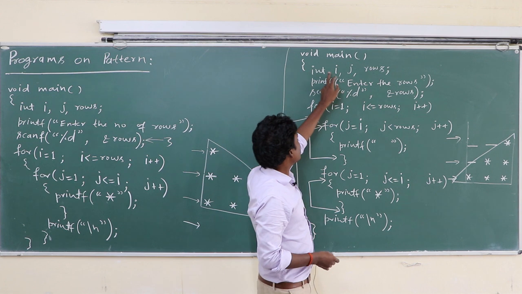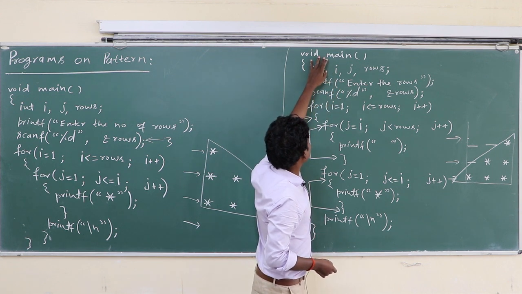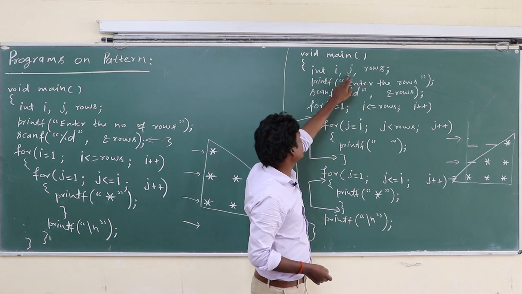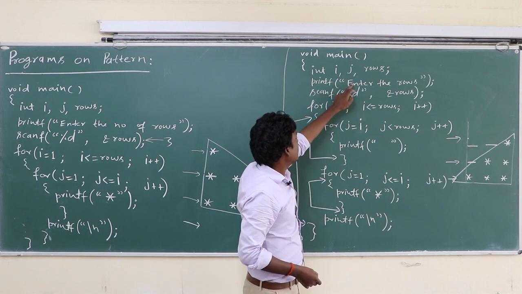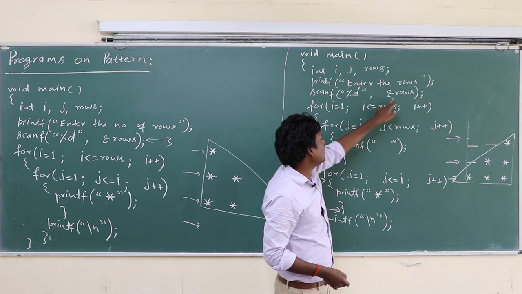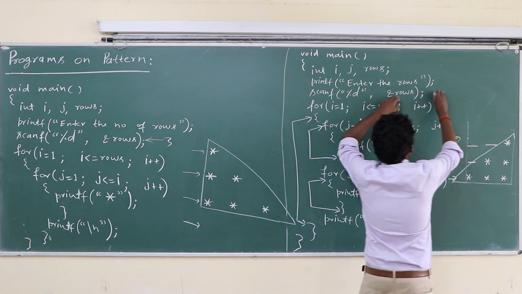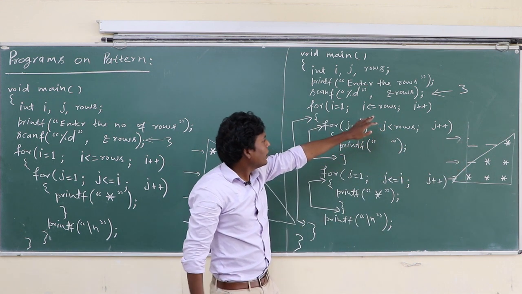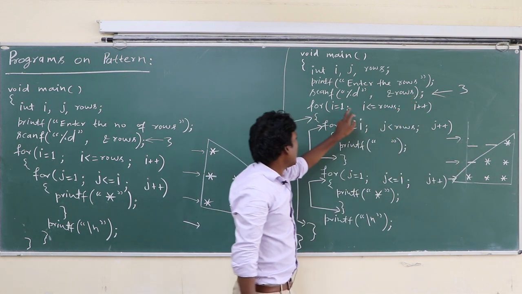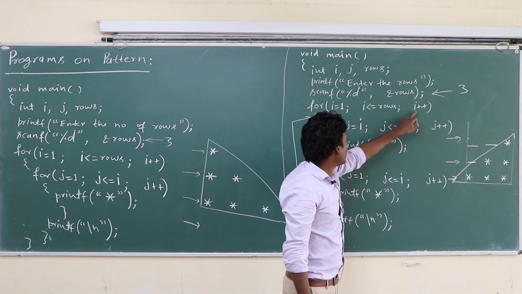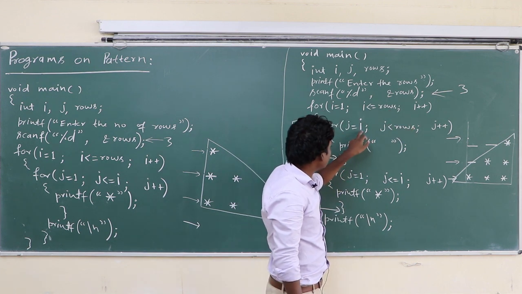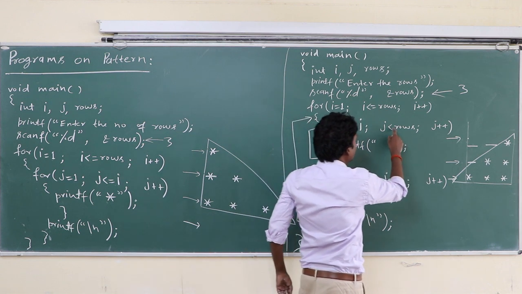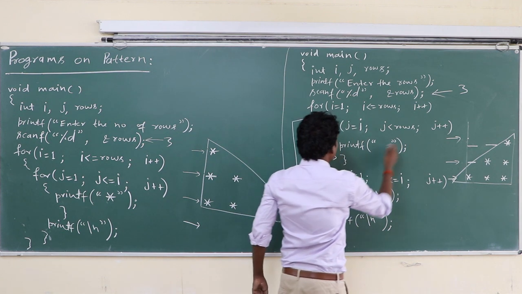So class, once again, program execution starts from main. Here are i and j, i for the outer loop, j for the inner loop. Okay class, enter the number of rows, %d. Here is the row count. Suppose the user inputs 3. You may input any number, but here it is 3 rows, that's why 3 is inputted. i equal to 1, i is less than or equal to row, i plus plus. j equal to i. j starts from i, okay, j is less than row, not equal, and j plus plus.